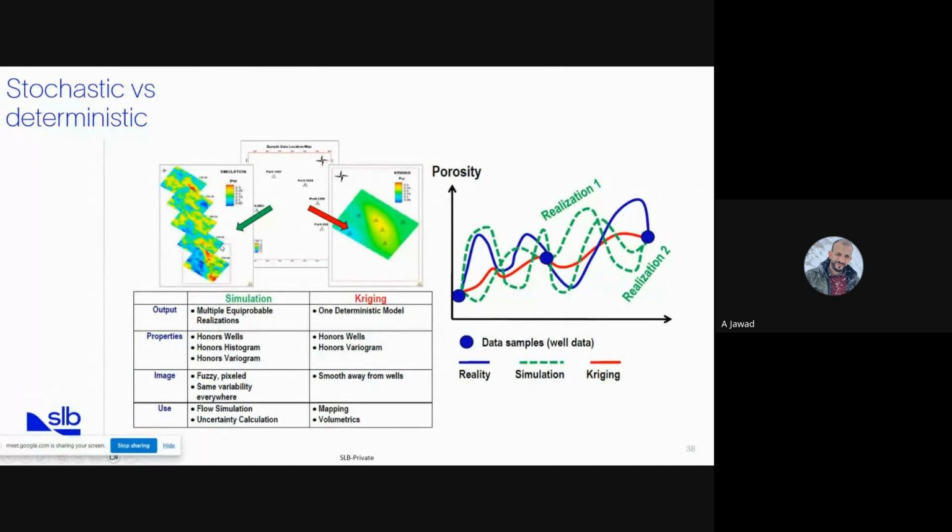What about the stochastic or the simulation? In the stochastic, we have multiple realizations. These realizations don't look similar, but they are similar. They have the same statistics. We call them equiprobable realizations. And you can select how many realizations you want. From these different realizations, you will have the uncertainty. Why do we have that? Look at this figure to the right. This gives you another simple illustration about the difference between